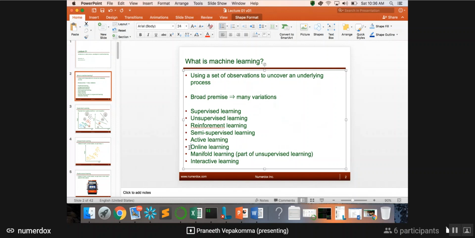Online learning, it's there everywhere. It's not as popular as supervised, but the setup you'll see in a lot of places, especially manufacturing environments. There is a manufacturing line, things are going in and out, and you're always collecting data, and then there's a time series of data that's flowing in and out. So you want to make sure that you respect the streaming nature of the data and the fact that you cannot store everything forever, because then you'll be building data centers every day or every month. There are costs to store things forever and process it. So you want to take decisions in a streaming fashion. Very popular in manufacturing environments.